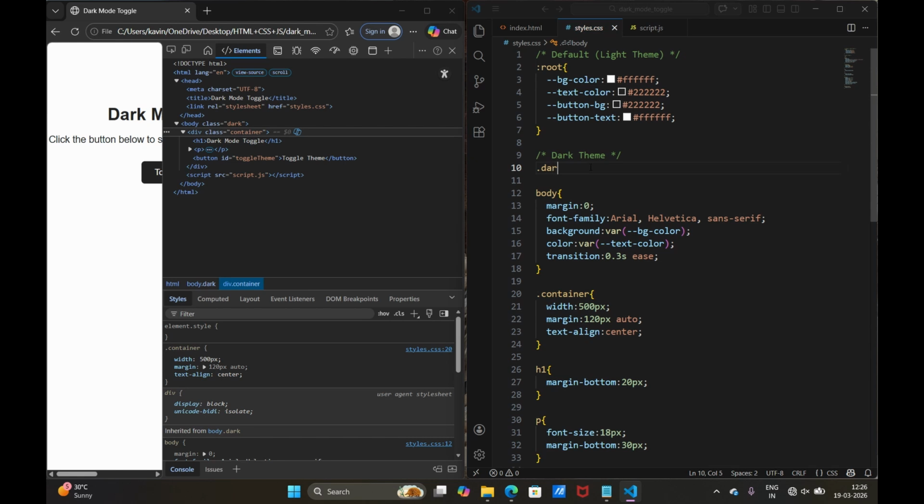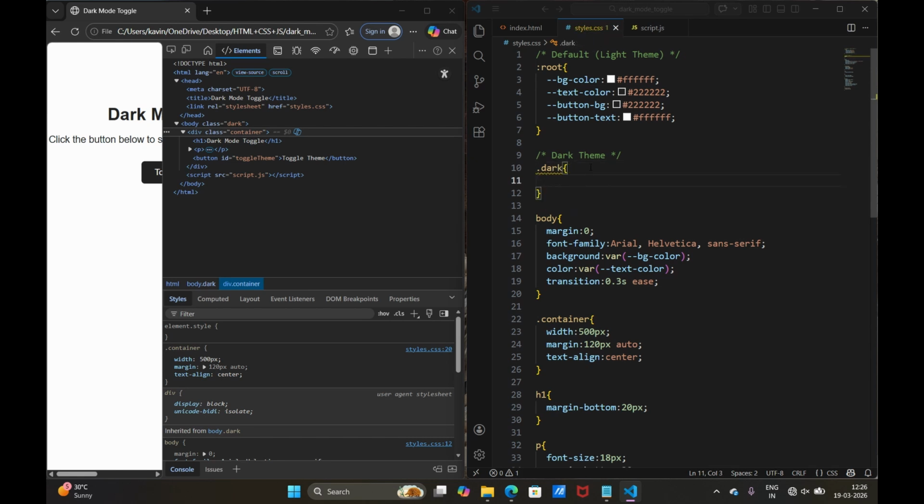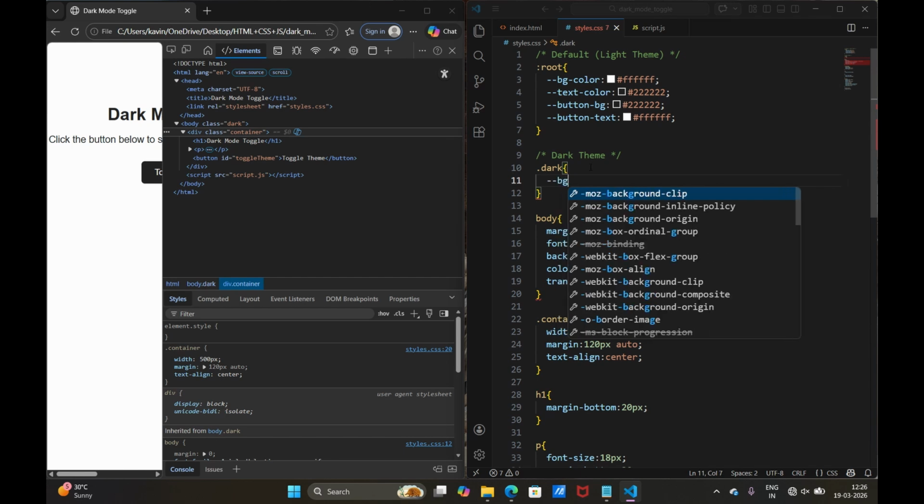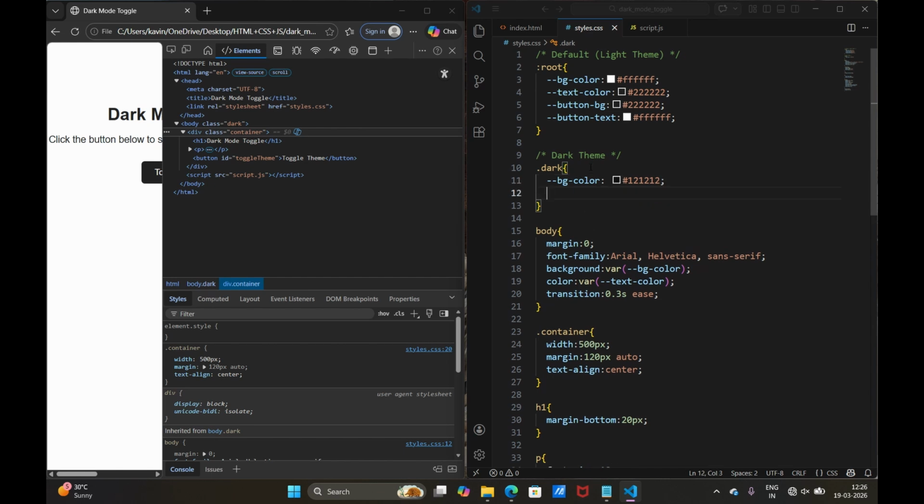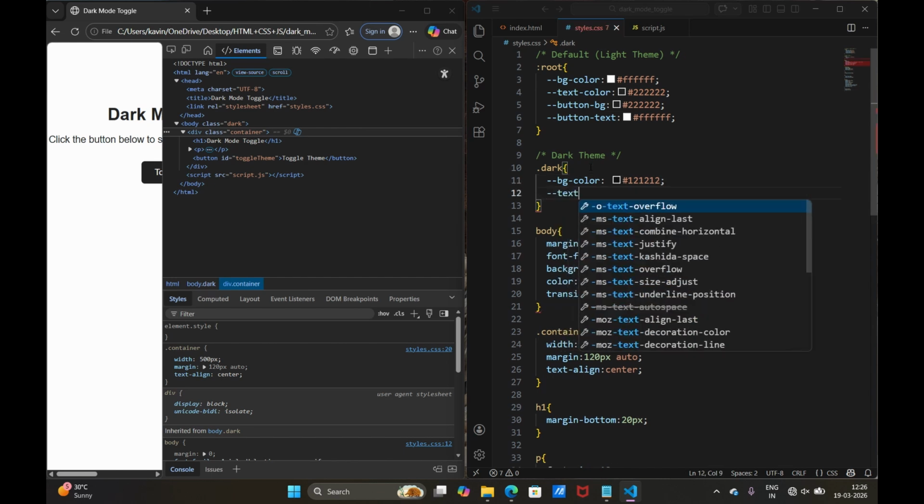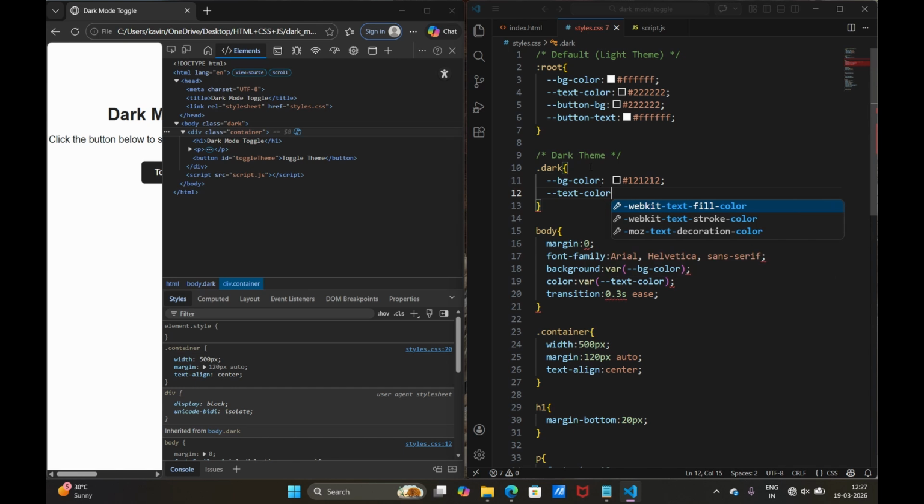So for the class dark, give the background color as 121212, and we have the text color, give it as F5F5F5,